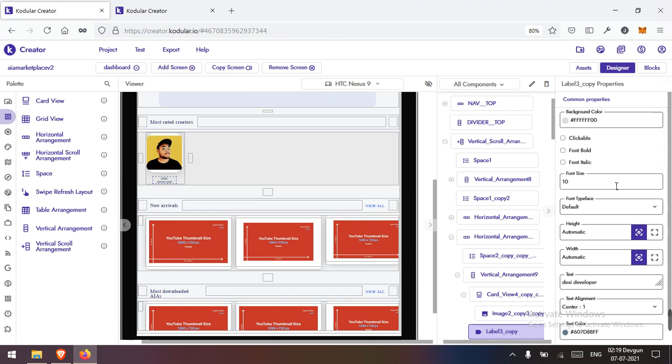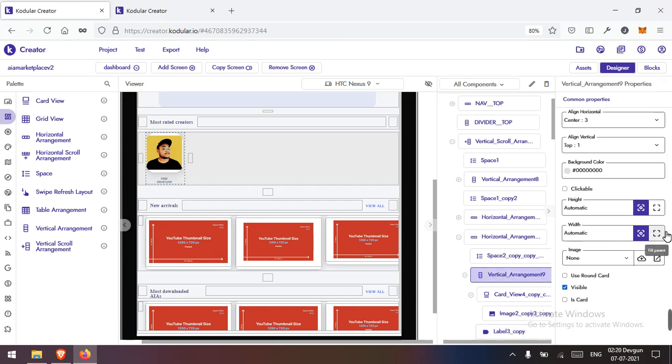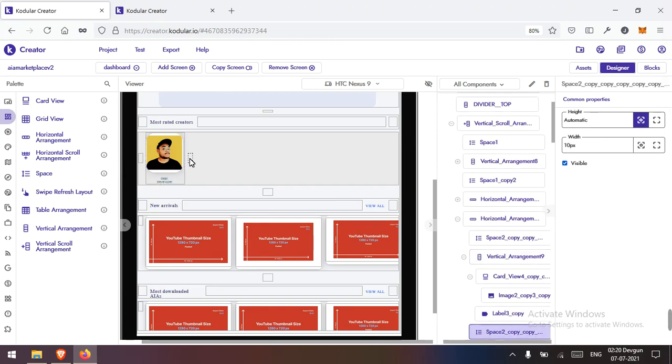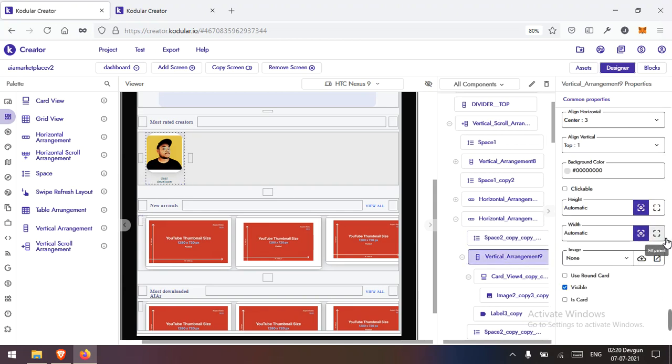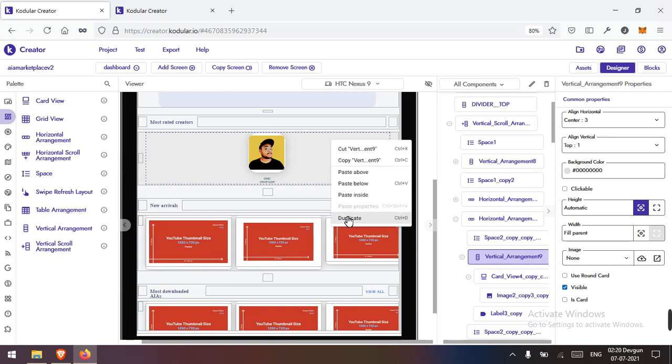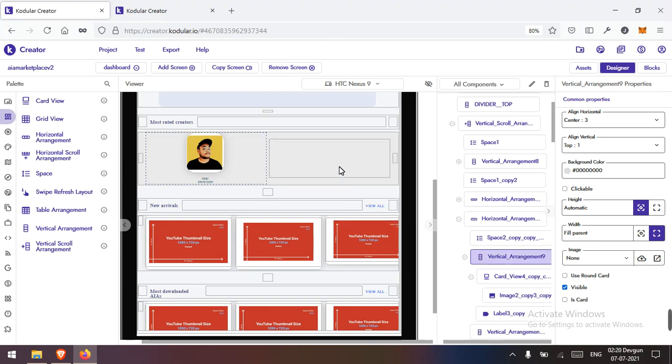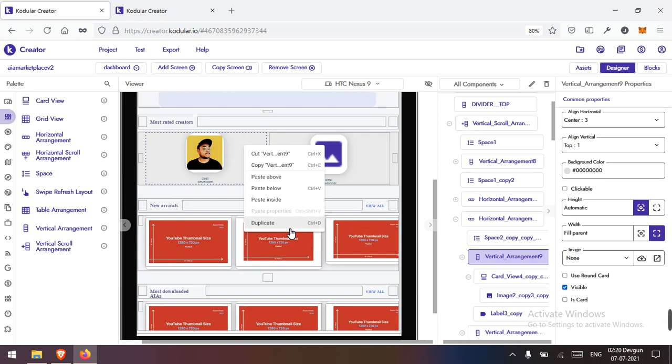In the phone I can see it's really small, tiny and small, but it will be very helpful. Let me make this 10, and this is also 10. Let me make this fill parent and make it duplicate, and duplicate once again, because I want to keep only three